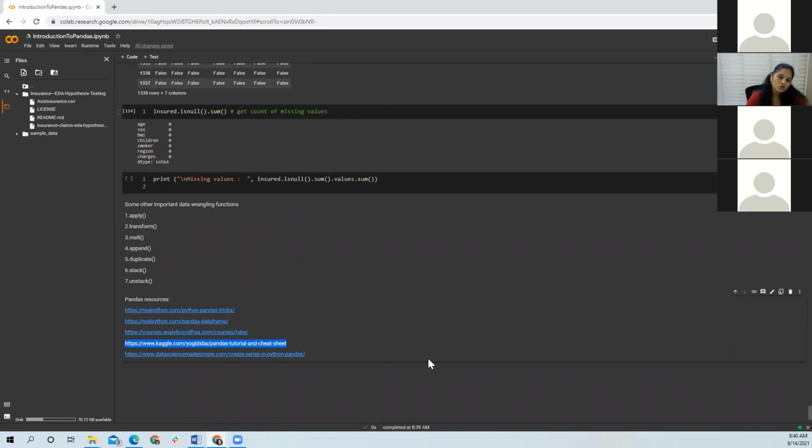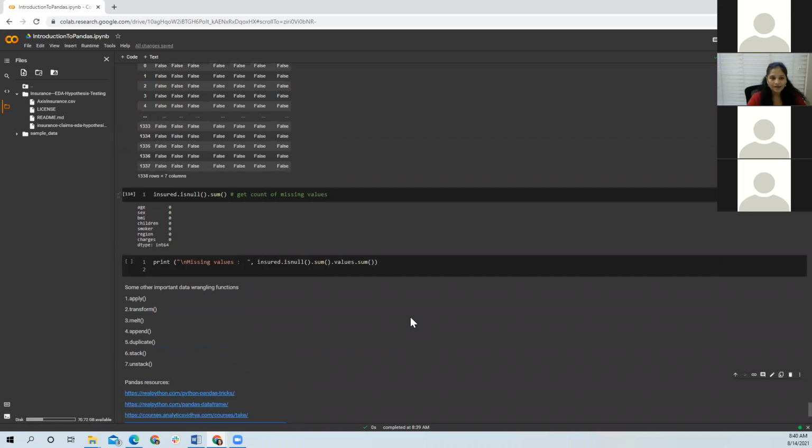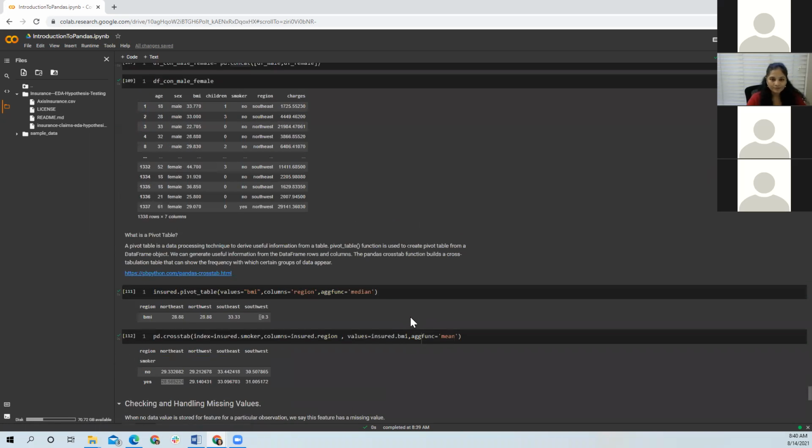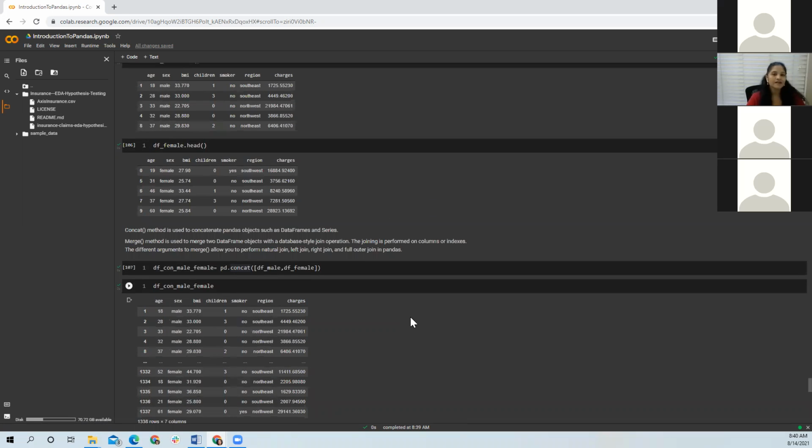So once you work with this data set and familiarize yourself with all these functions, you can move on. The next step would be to check this tutorial. These are other pandas resources which I'm just sharing. So I am done with this. I'm ready to take any questions if you have.